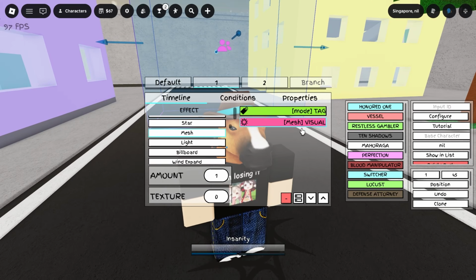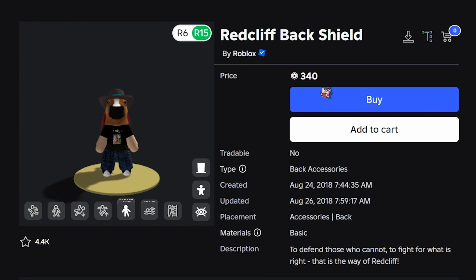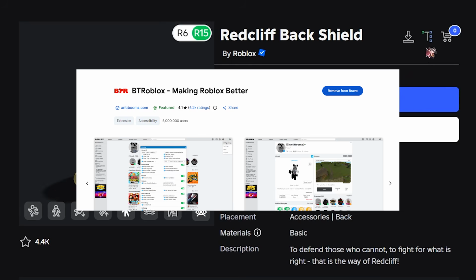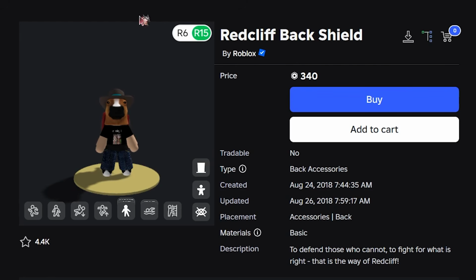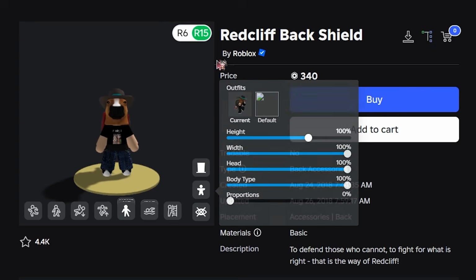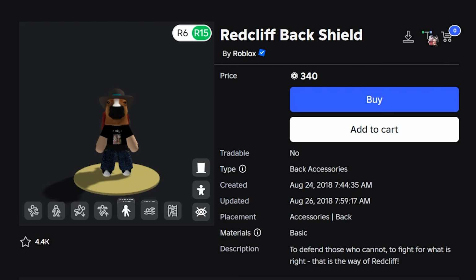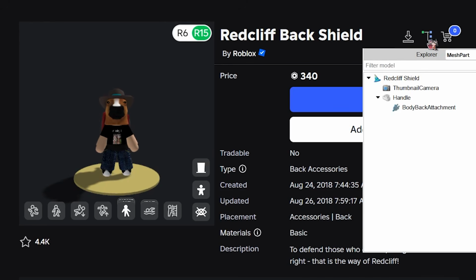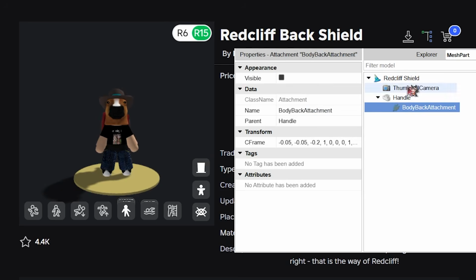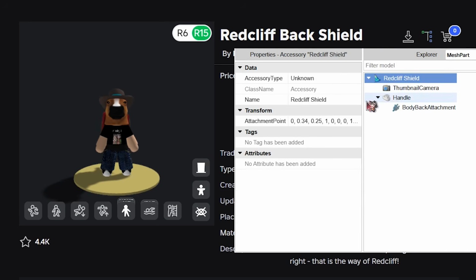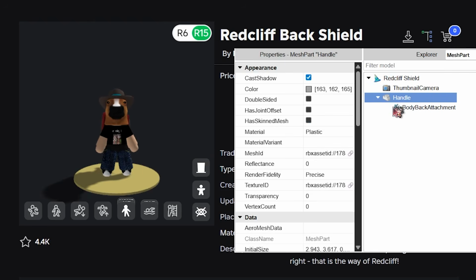And then to get a mesh, you can just go to the creator marketplace, or what I personally like is using an extension like Better Roblox, which allows you to just go to any item on the Roblox catalog and then just click this button over here and then just find the model itself and then find the mesh ID right here,